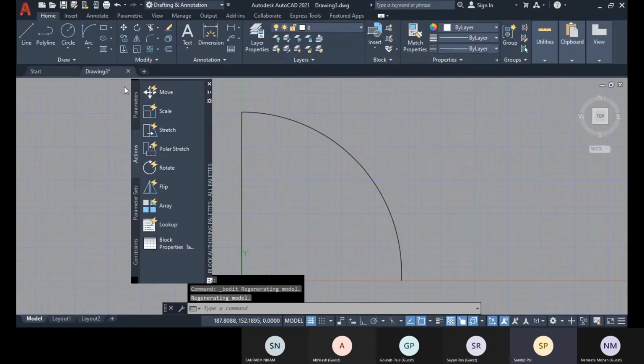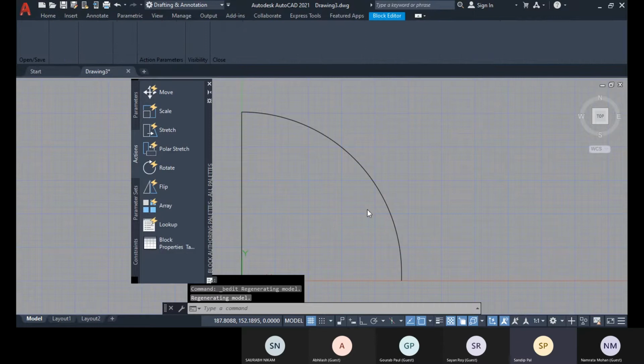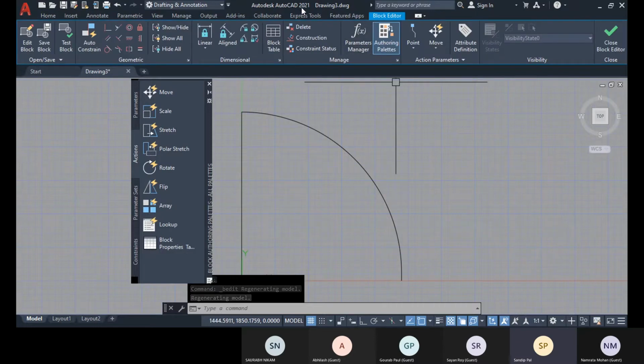Now you see the block editor is opened right now. When you are using 2020 or a later version, the tab which is opened will be highlighted in blue color, which means it is active right now.